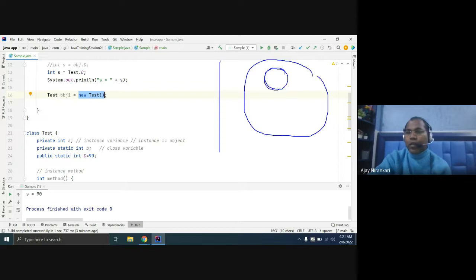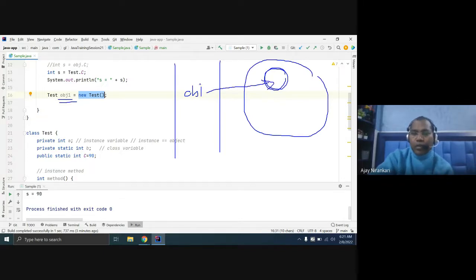Actually, this is the object, but this object is referred to by one variable known as obj1. So obj1 is referring to one object. Sometimes we say this obj is a reference variable that refers to an object of type Test.